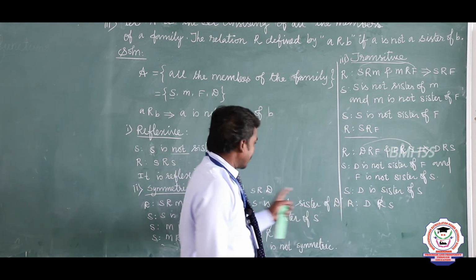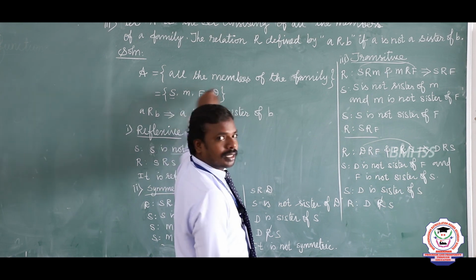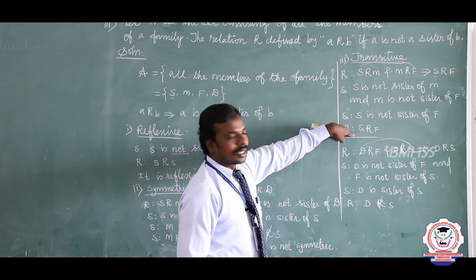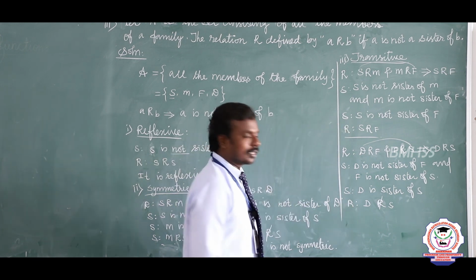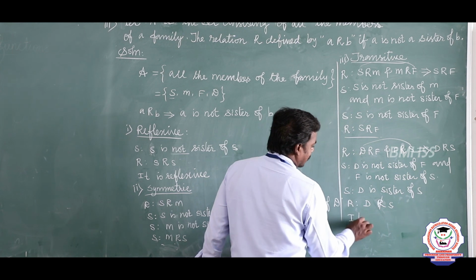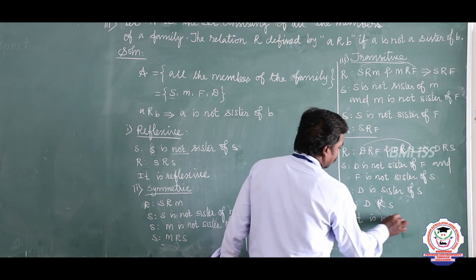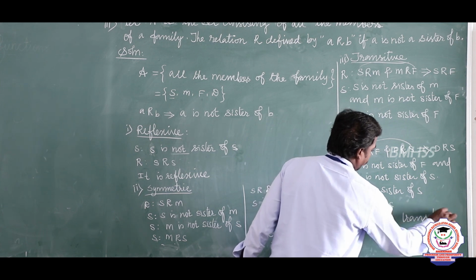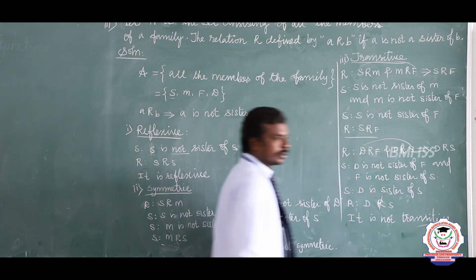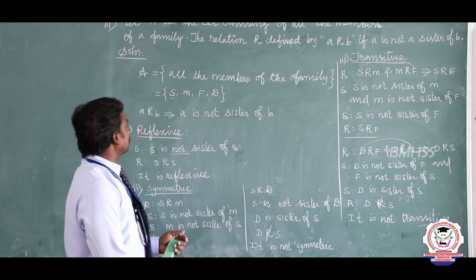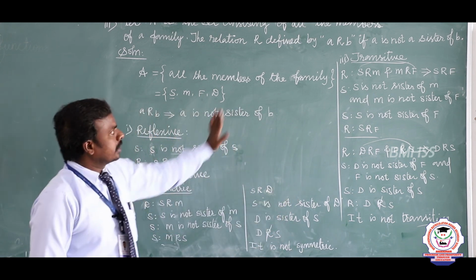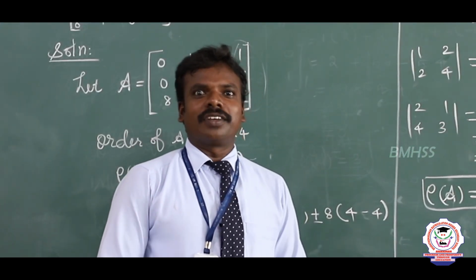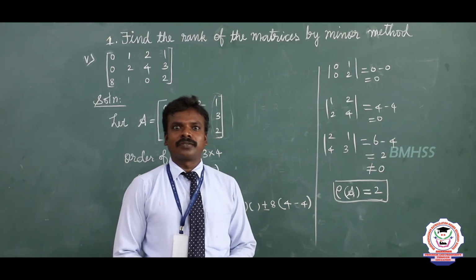Do you understand? We need to check every member of the family. That's why I checked first. The first condition we get is transitive. Later it is not. So this is the answer. Do you understand? So it is not transitive. That's it. Now we have checked three conditions, that is, reflexive, symmetric, transitive. Do you understand? Dear students, keep watching our YouTube channel to improve knowledge. Thank you.